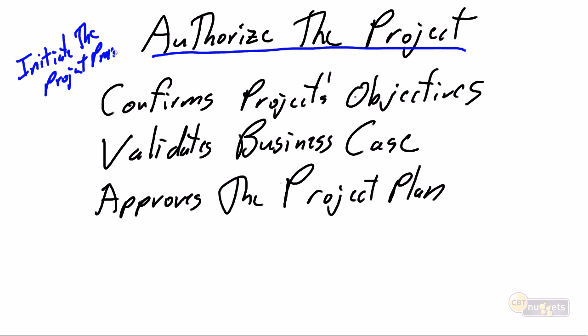So after we've gone through and done that hard work to develop our communications, our risk, our quality, our configuration, our project plan, and develop our PID, our project initiation document, we're going to present that PID to senior management, and senior management in their process directing the project is going to say, yes, this makes sense. So again, just trying to put this into a bit of context, this is where senior management is going to review the PID.